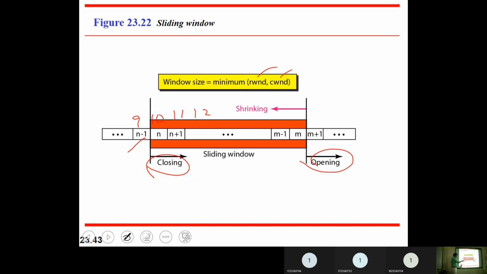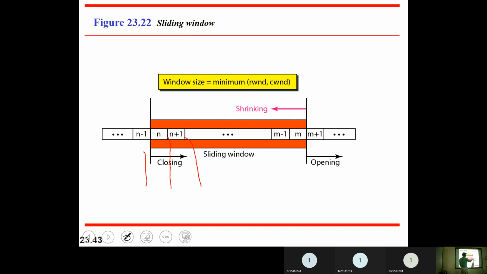Next I'll be sending the nth packet. If I get an acknowledgement for that one, instead of being here, it goes to this particular position. If I receive an acknowledgement for n, you will go to the next position.